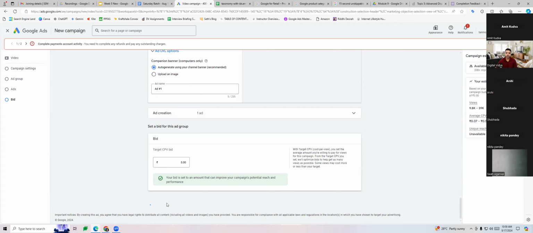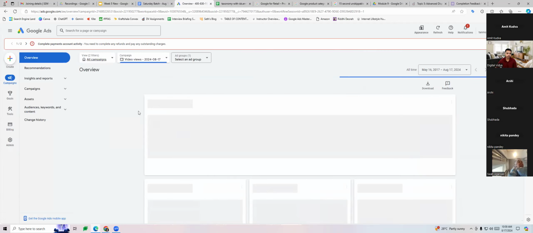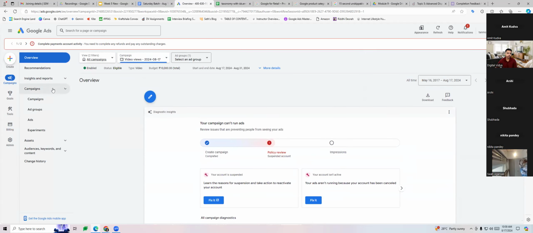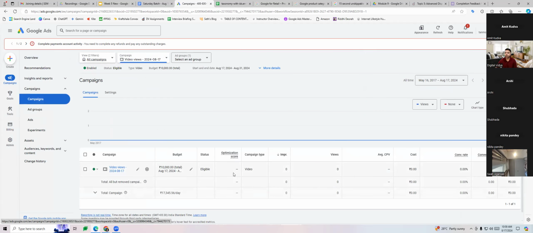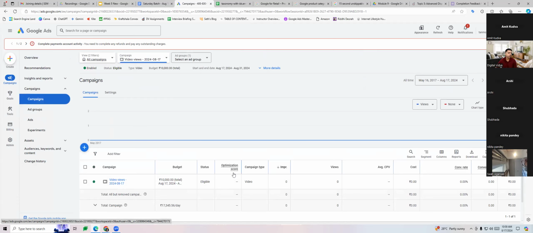Okay, all right, let's have a look at this. What is the option for this skippable in-stream ad? Skippable in-stream ad option, when you're creating the in-stream ad, in the ad creation part or in the campaign creation part?